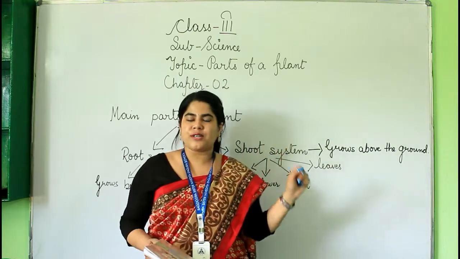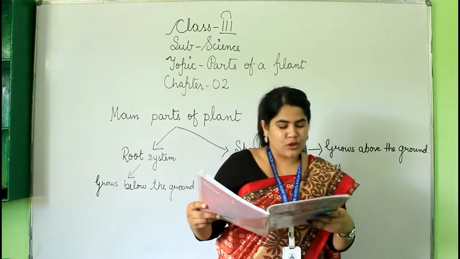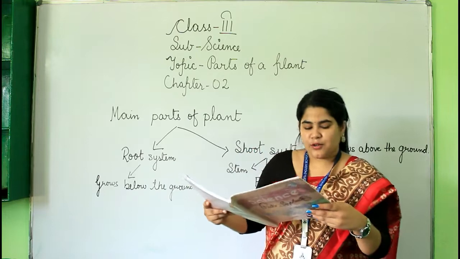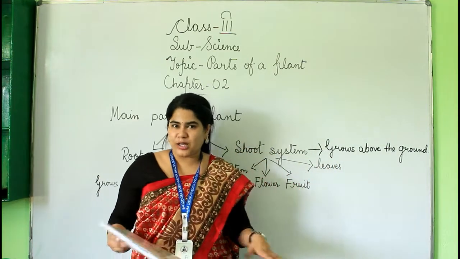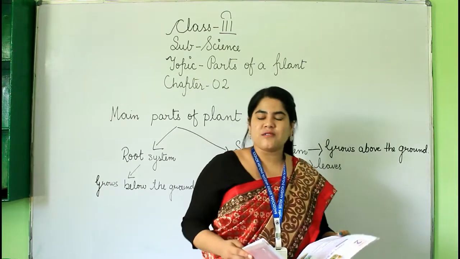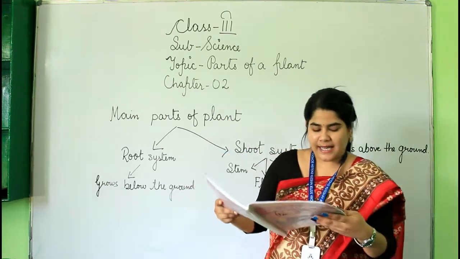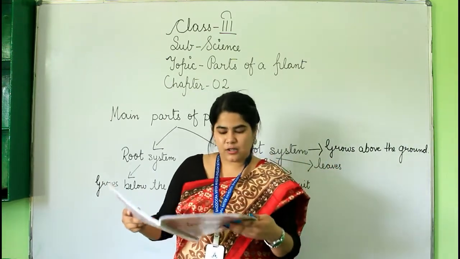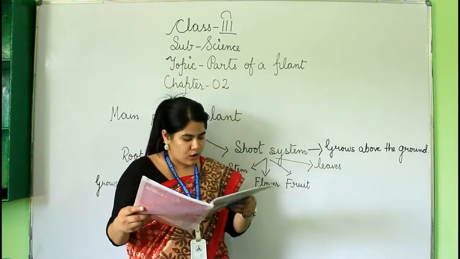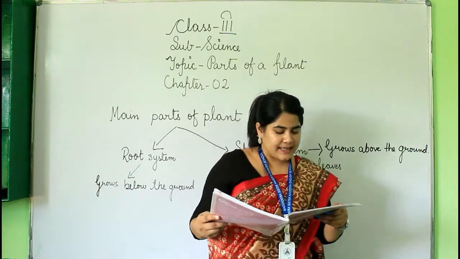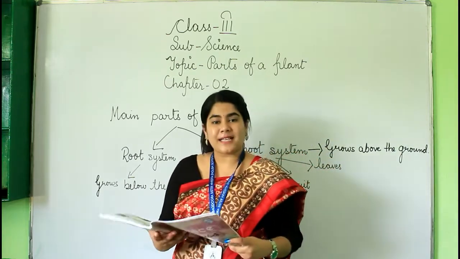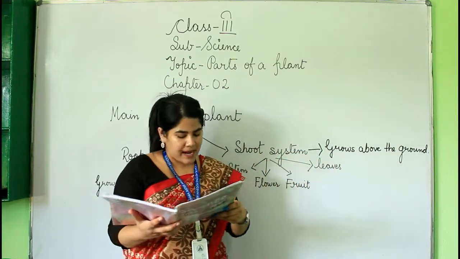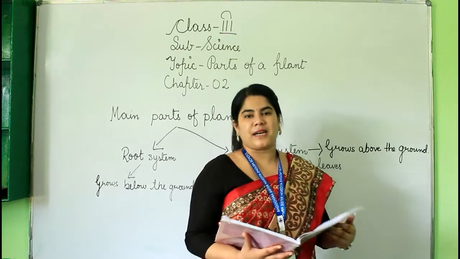Underline the word root and shoot. So root, what is roots? Let's see. Roots generally grow below the ground. And important functions of roots are they keep the plant anchored or fixed to the soil. Second, they help the plant to absorb water and nutrients present in the soil. A plant needs this to grow and make its own food.